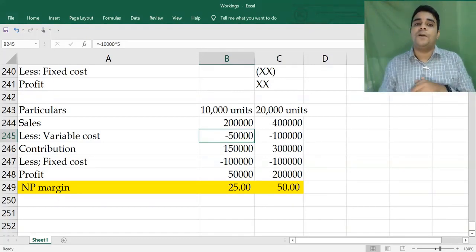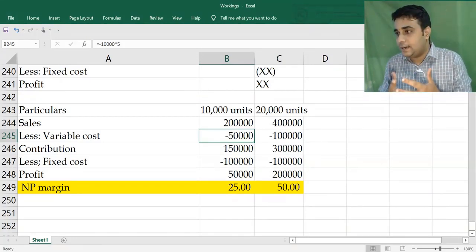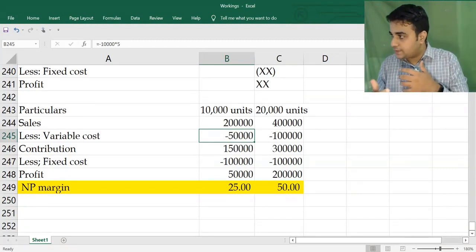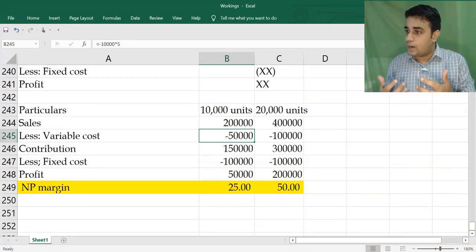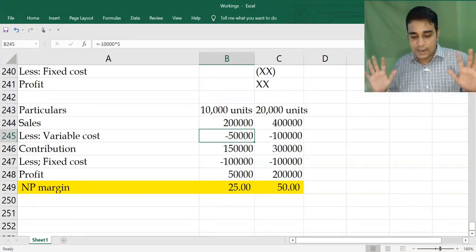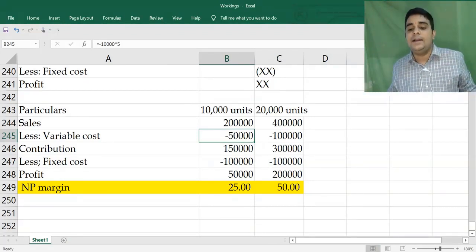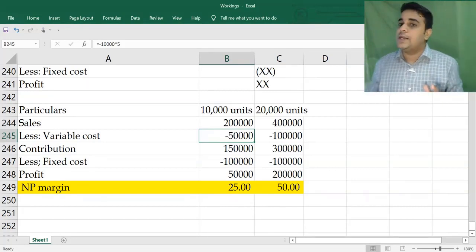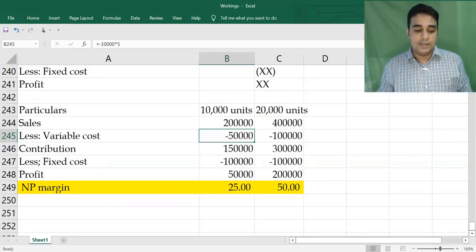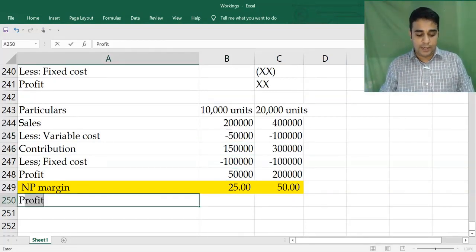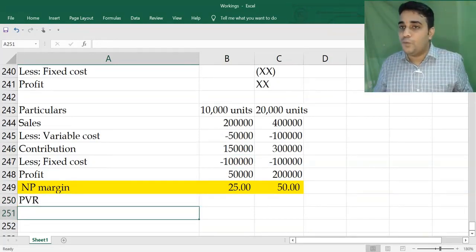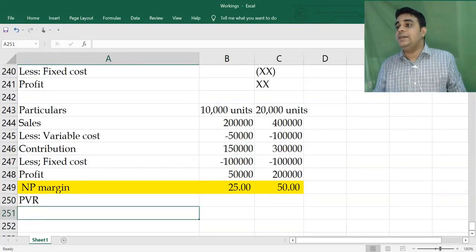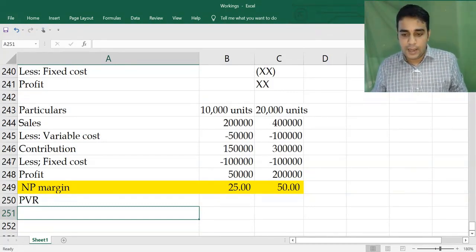Whenever a better profit margin happens, my mind will say that either I have gone good on the sales side or I have gone good on the cost side. I have tried improving my efficiency. Nothing has happened. So practically, organizations, when they are trying to make decisions, don't look at this ratio called net profit margin. Then what's the ratio they look at? They look at a ratio called PVR, profit volume ratio, because this indicates the true profitability of a product.